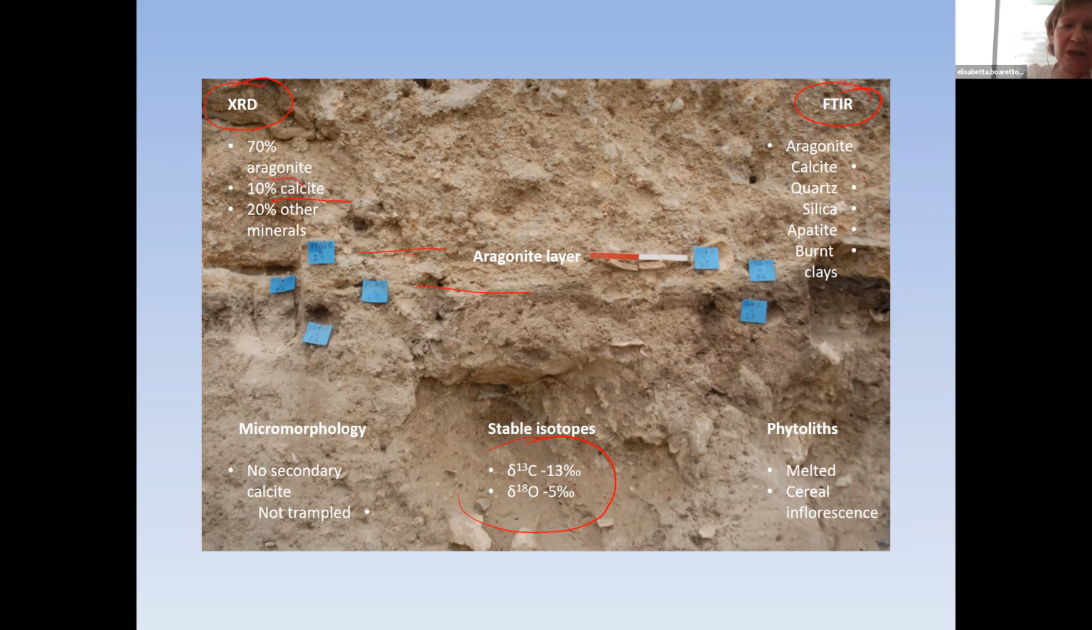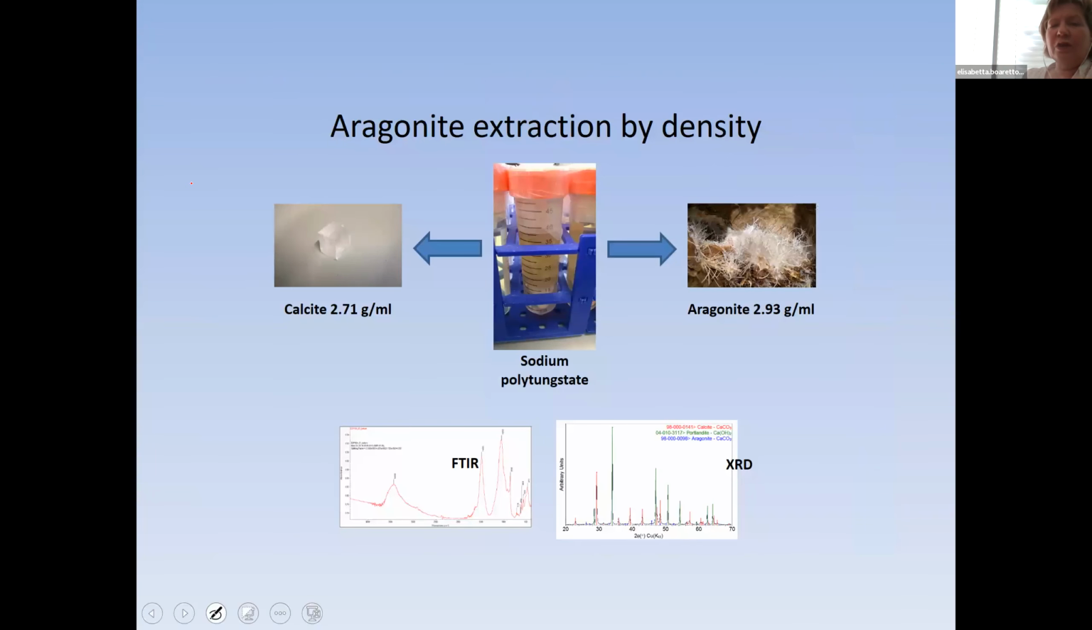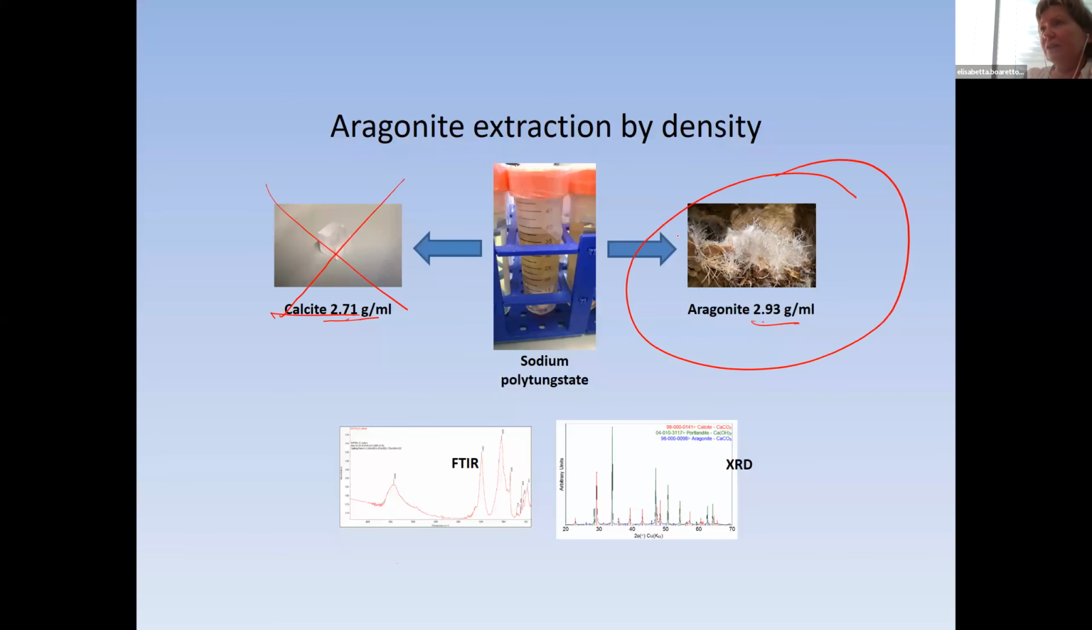So we would like not to have this calcite and have only the aragonite. So we needed to separate. Here we can use, for example, density, because the calcite has a different density than aragonite. So this is one possibility, and you can indeed separate the two minerals with a specific solution. Verify that, for example, with infrared that you don't have any more calcite, and if you have only aragonite, then